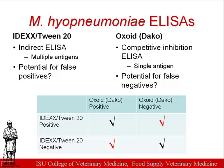So for Mycoplasma hyopneumoniae, we like to do a lot of ELISAs. It's a really convenient, accessible assay on the inexpensive end of diagnostics for sure. And for hyopneumoniae, there's essentially 2 different assays that we use in the U.S. There's the IDEXX or Tween20, which is an indirect ELISA. It's a whole cell detergent extract, Tween20 being a detergent, of whole culture. And so it's multiple antigens put onto a plate with not much selection. And because of that, you'd think there would be more of a potential for false positives. And that's where we start thinking of the potential for flocculare to be a problem,